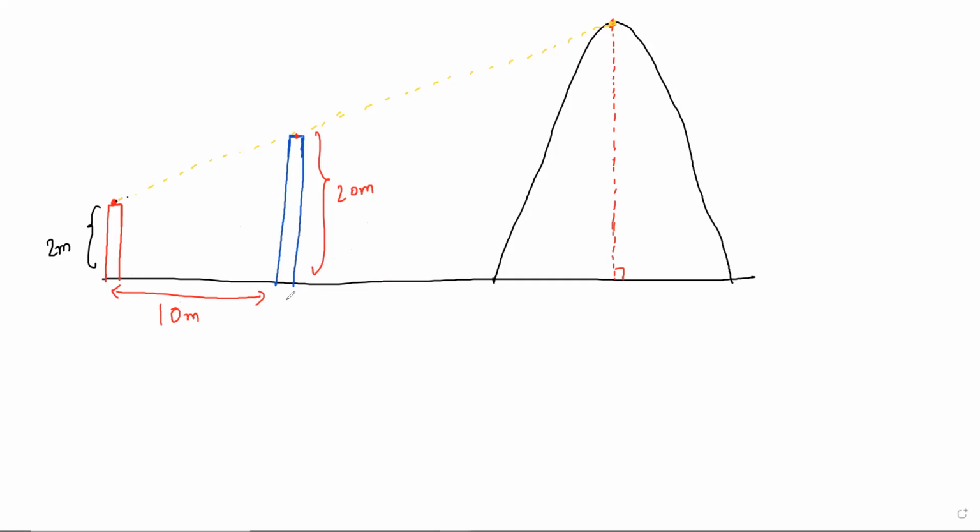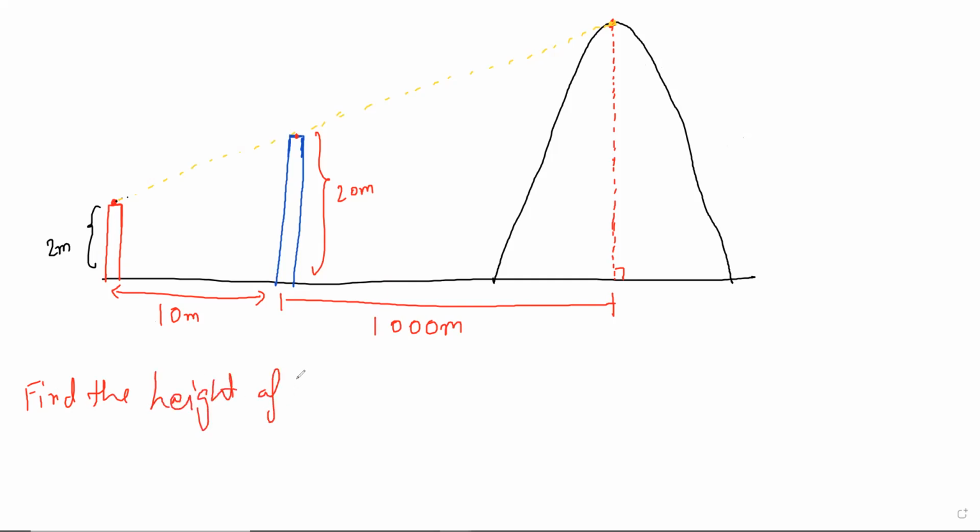And another distance which you can agree is easy to measure is this. Maybe this is not very easy, but let's say something has to be given. With less information also such problems can be done, but we'll need trigonometry for that. We'll get there over time. So with all these gadgets that we have, we want to find the height of the mountain. If someone can do it with a lesser amount of information, they are welcome. Okay, find the height of the mountain.